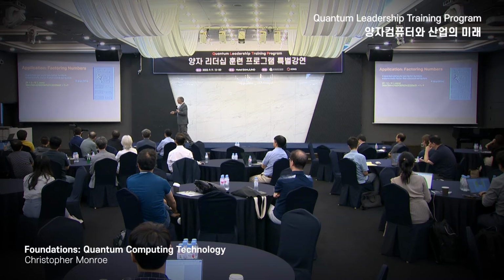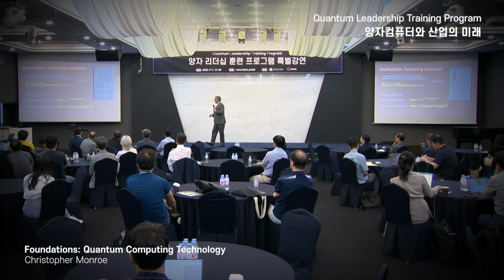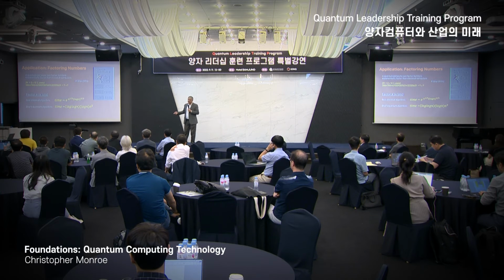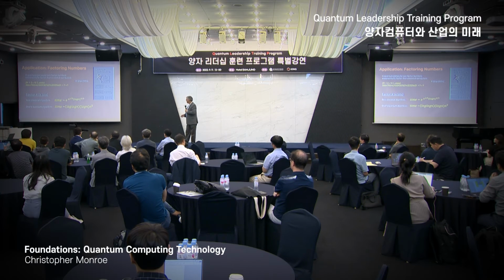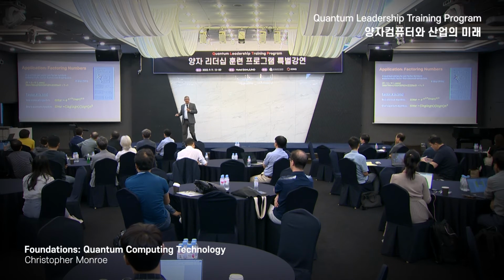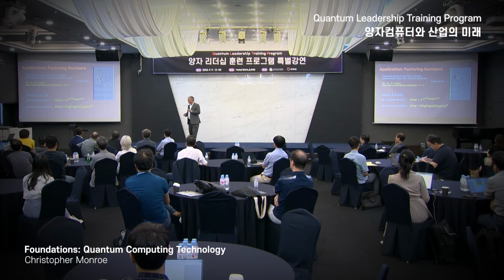And the reason factoring is so important is, of course, because the inability of factoring large numbers is why most public key encryption standards work. So it's a very important application. And this is sort of the math behind it: the best classical algorithm for factoring is exponential, actually in the cube root of the number of bits. So every time you add a digit in base 10, it gets about twice as hard. But Shor's algorithm showed that the complexity of factoring is now only polynomial. It only goes like n squared times some prefactor. Okay? So this changes the complexity of a problem from hard to easy in math speak.